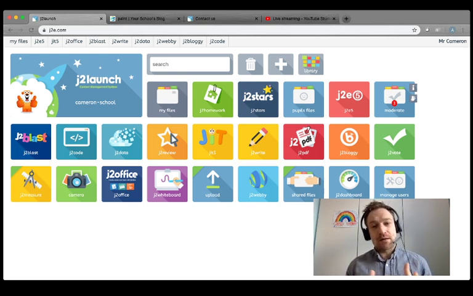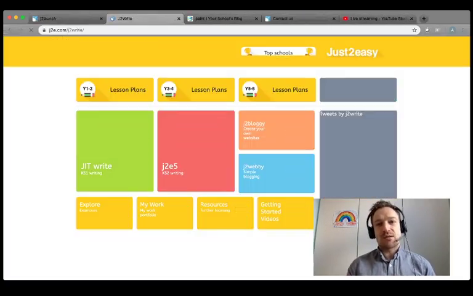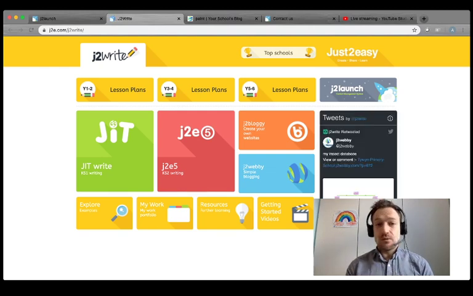Now that feedback could be taken even further because a lot of people end up going on Twitter with this, and I'll show you how in a second. But here are some examples, and I genuinely don't know what's going on around the world with blogging in J2E right now because it's always updating. I've got this button here called J2 Write, which would take me to some top schools, and you can use this button as well. If you go into J2 Write, the yellow tile called J2 Write, and look at top schools,